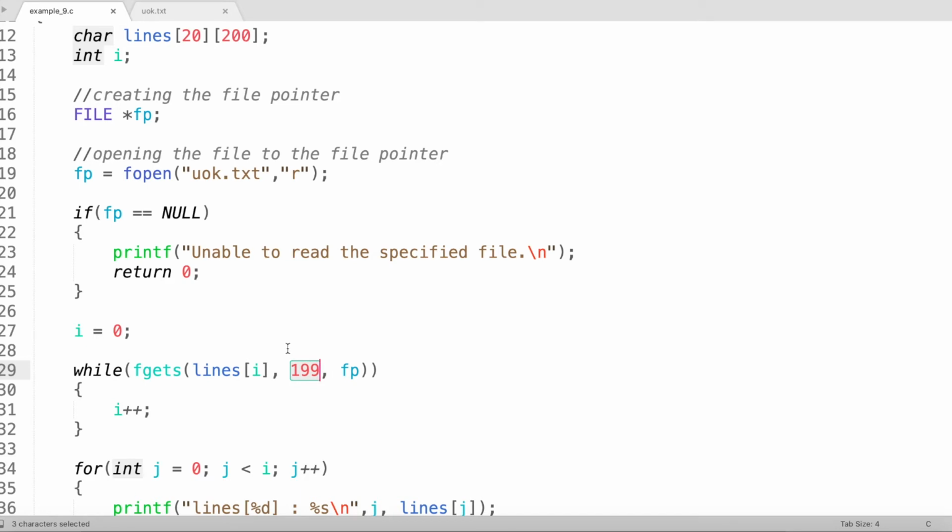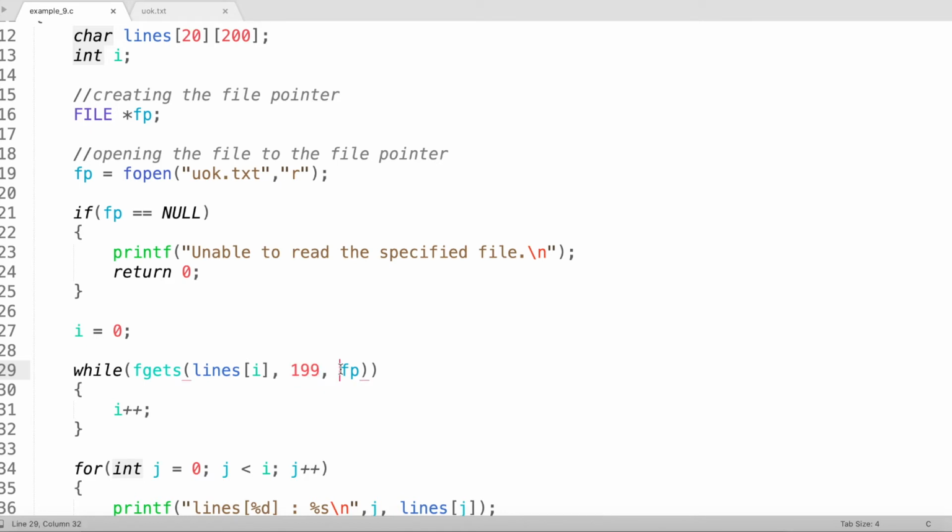When it is reading 200 characters, where do we store the terminating character of the string? There is no place to store the terminating character if I read 200 characters. That is why I have read only 199 characters. The last position is kept to store the terminating character.